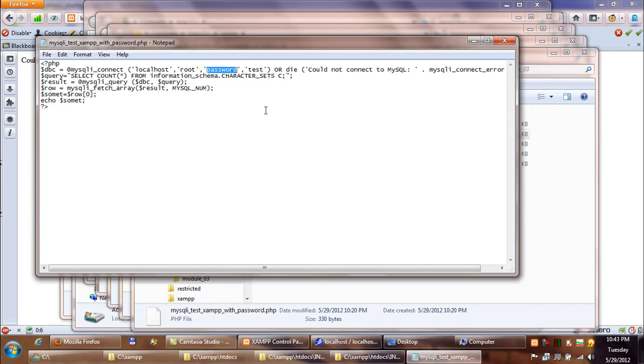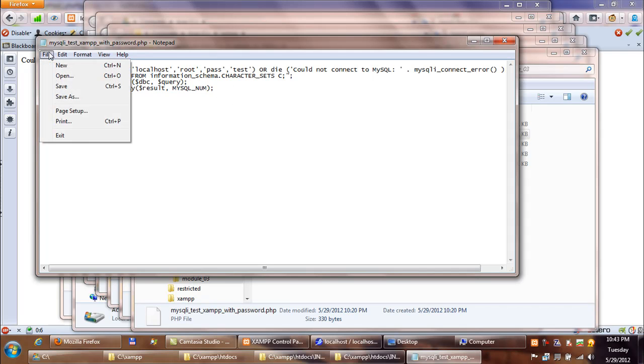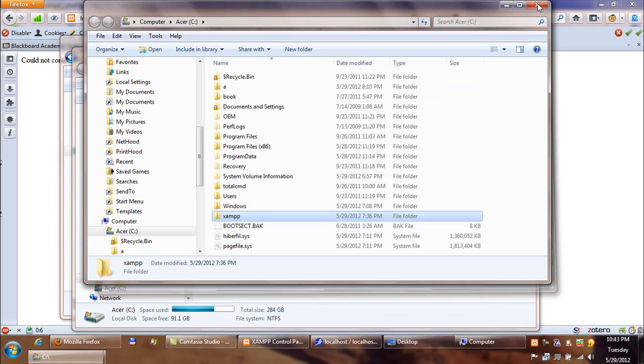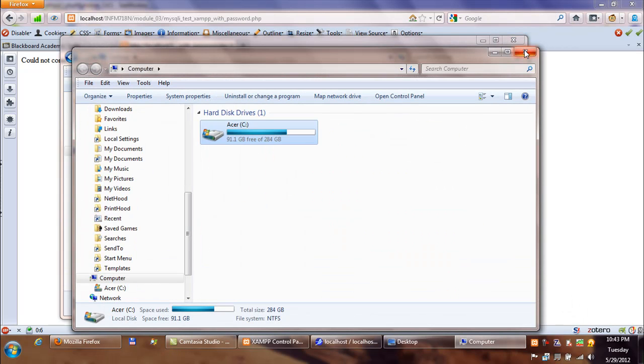We need to change that to pass, P-A-S-S, because that's what we assigned to our MySQL server as the password for the root user. If you assigned a different password, of course, you need to insert that particular password here instead of that password entry. Save your file, close it, close the navigation windows,